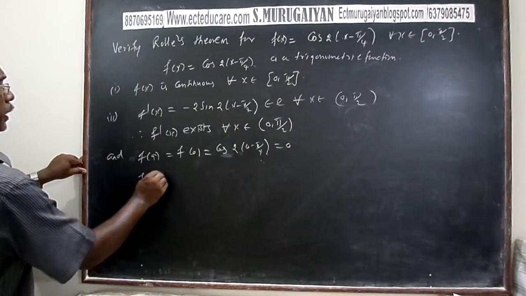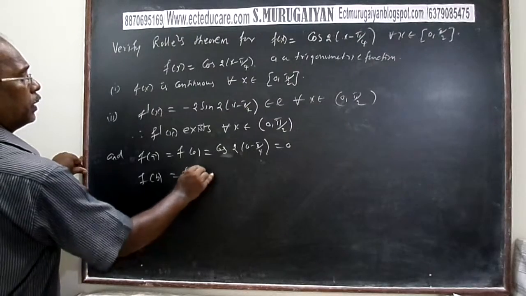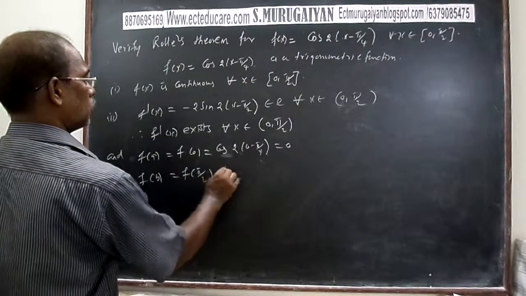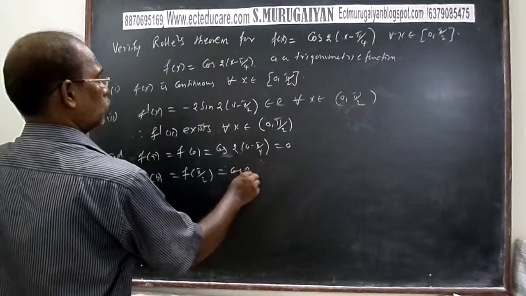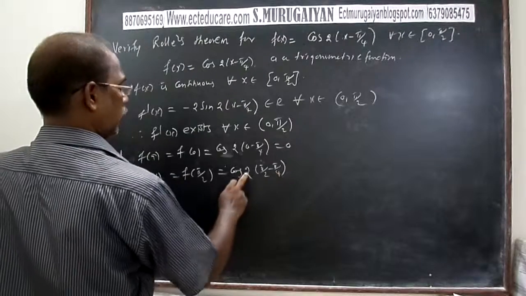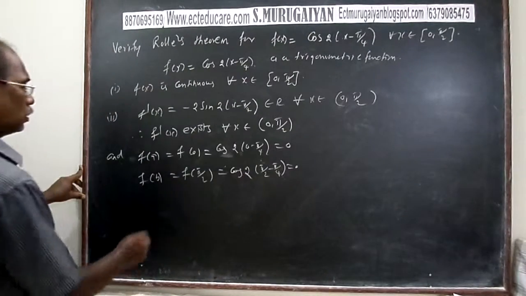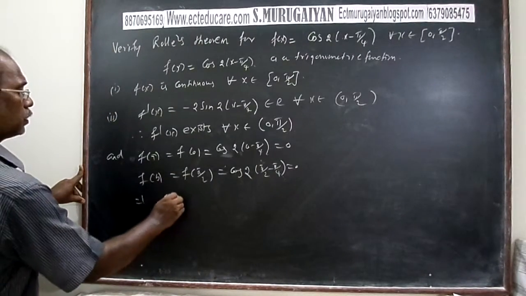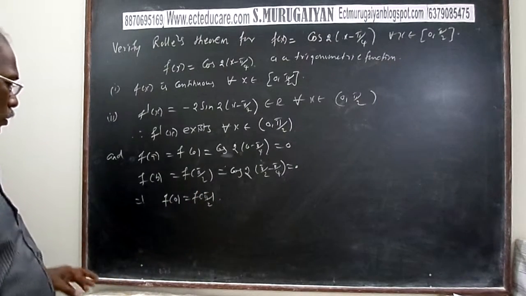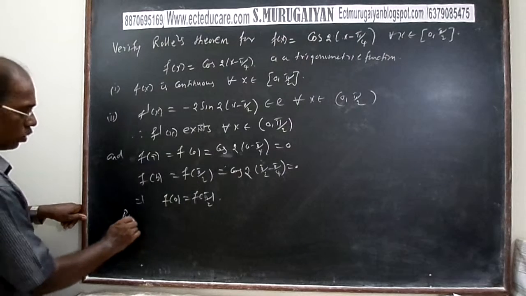And f(b), f(π/2), is equal to cos 2(π/2 - π/4), again cos(π/2), which equals 0. So this implies f(0) and f(π/2) are both equal. So by Rolle's theorem,